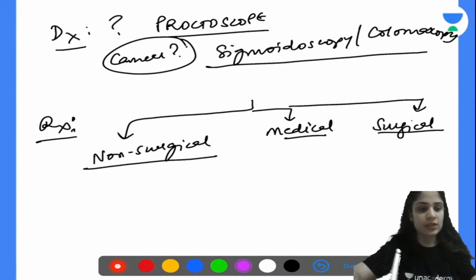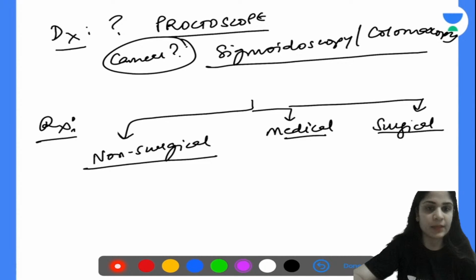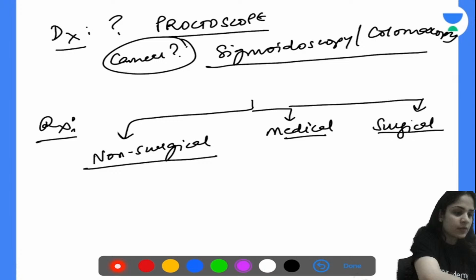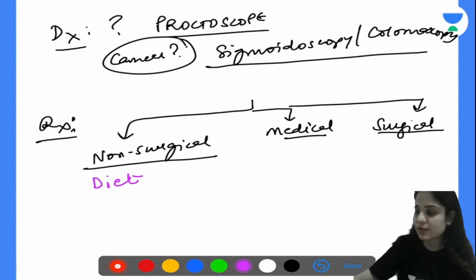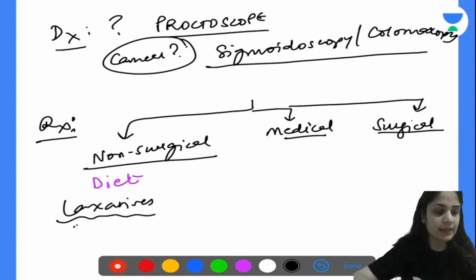So you have non-surgical, medical and surgical treatment in case of your hemorrhoids. Okay. So in the non-surgical treatment, basically you have your diet. Okay. So in this diet, you are supposed to increase the dose of laxatives that you take. Okay. And anything that forms bulk, like fiber-rich food should be eaten. Okay. Then the next thing that is possible,